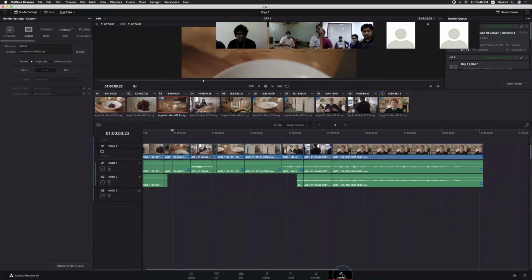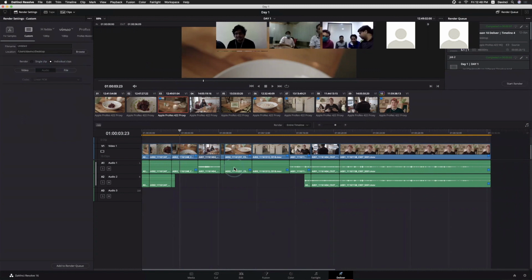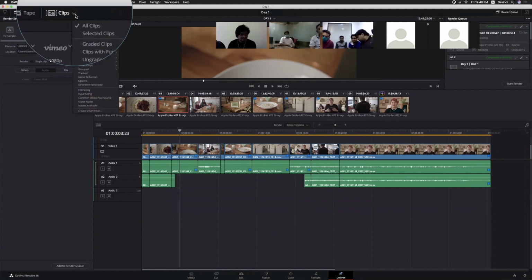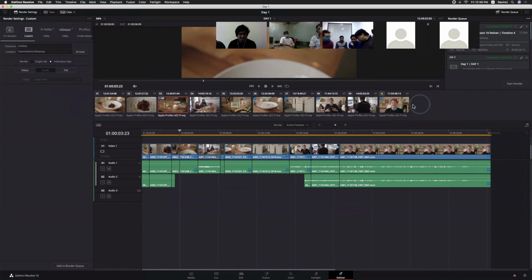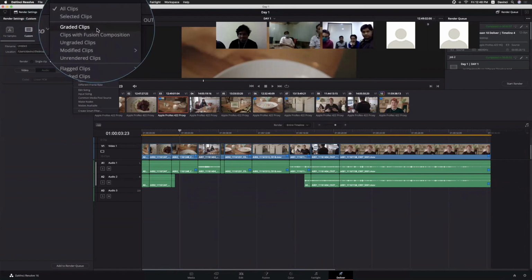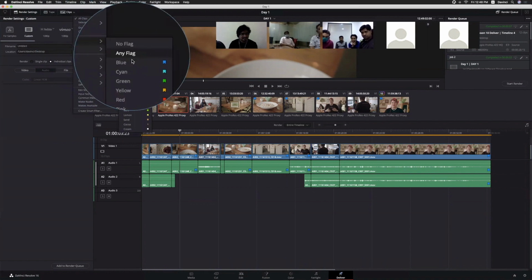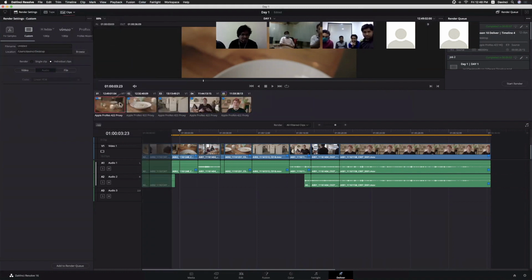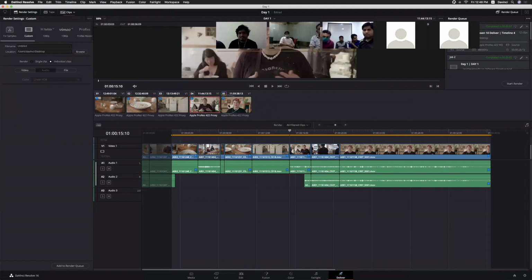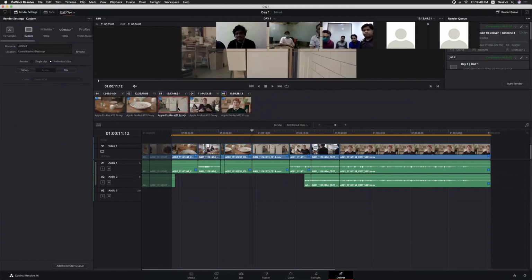Yeah, while exporting individual clips, we can select the particular clips also. We just have seen this option, right? If you want to export particular clips to a CG guy or any other person, you can always filter your timeline view by selecting this clips option. Instead of exporting all these clips as individual ones, I just want to export only selected clips. Select, and maybe all graded clips are here. I am selecting only the flagged clips. So now I am exporting only this portion. Maybe for the VFX team, like that, we can export the individual clips.